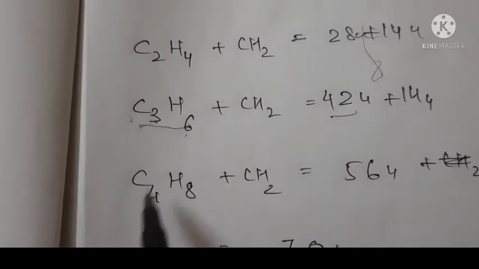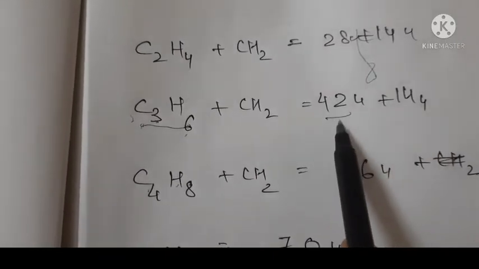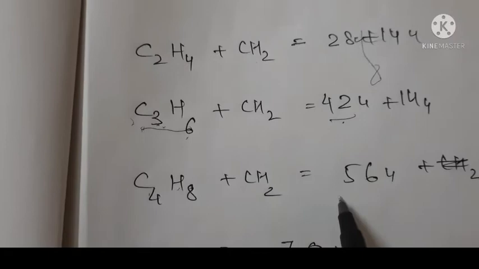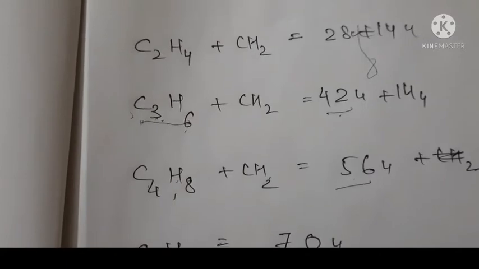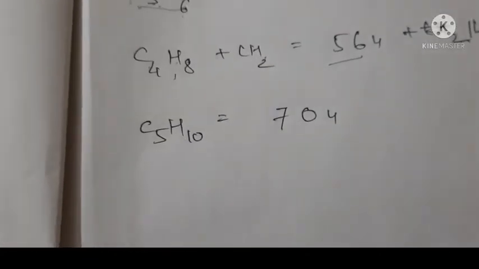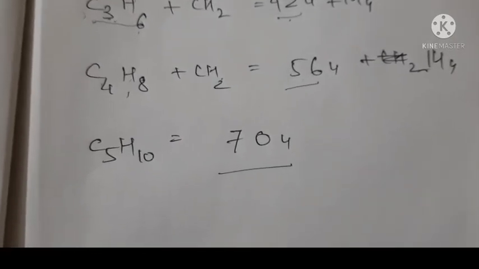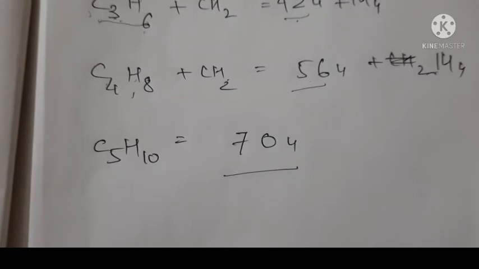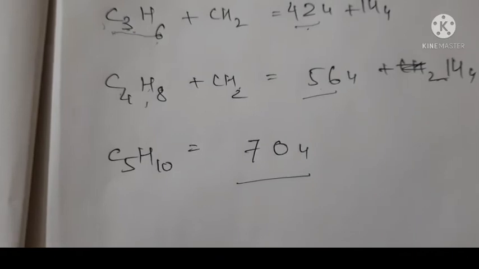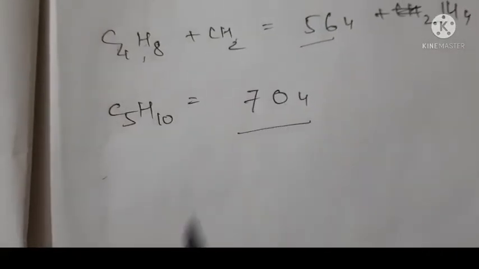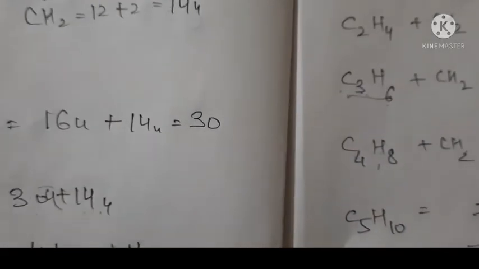Again when we add the CH2 group, we get C4H8, and on adding the weight of 14 units to this weight, we get 56 units, which is the weight of this. Again when we add the CH2 group, we will get another hydrocarbon, that is C5H10, and here on adding the weight of 14 units, we get the weight of 70 units. So the thing is this, the homologous series is the series in which the successive hydrocarbons differ from each other by the CH2 group or by a weight of 14 units. Even if this hydrogen is substituted by some other atom, then also they will differ by a weight of